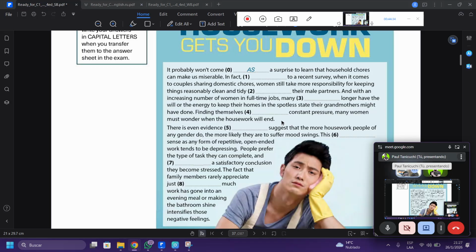What is the preposition that we use to express purpose? To. There is evidence for what? To suggest. Yes, to suggest that the more housework people of any gender do, the more likely they are to suffer mood swings. This, number six,